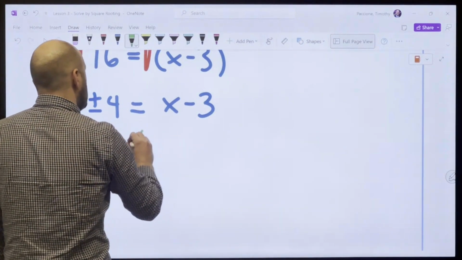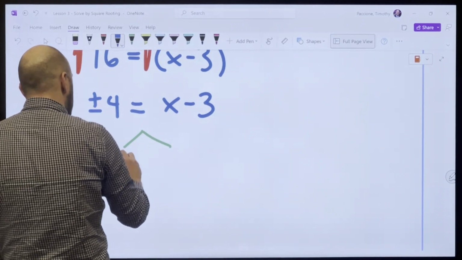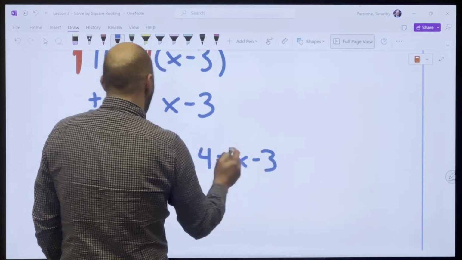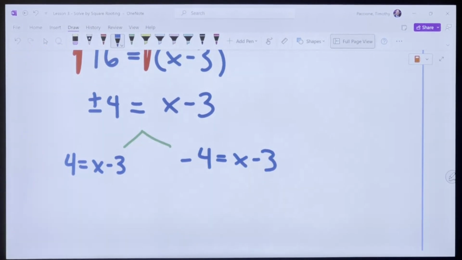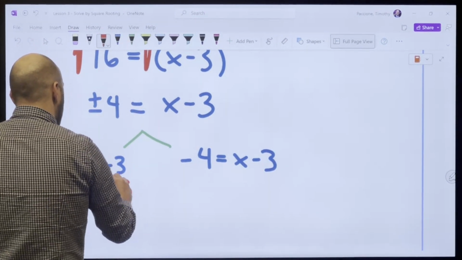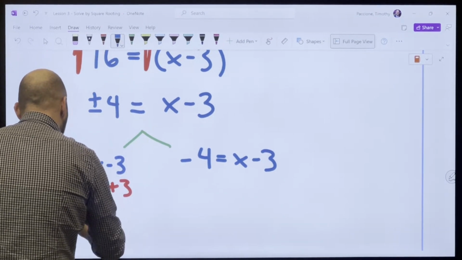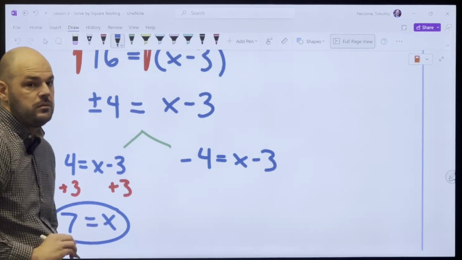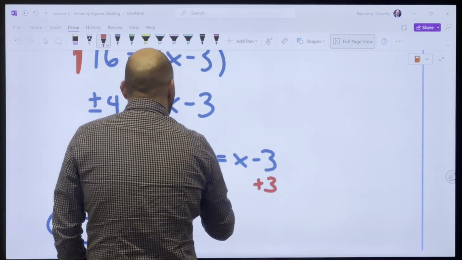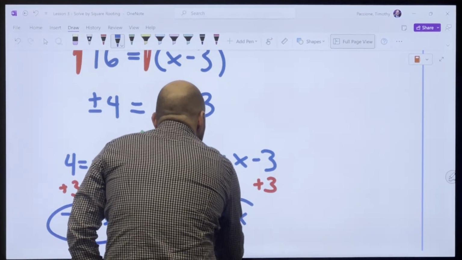So at this point, we're going to pull this apart and say, okay, 4 equals x minus 3 and minus 4 equals x minus 3. Both those things are being said there, so both those things are true. And then I solve each one for x. So add 3, and I get x equals 7. That is one solution, right? And then over here, I would add 3, and I would get negative 1 equals x as my other solution,